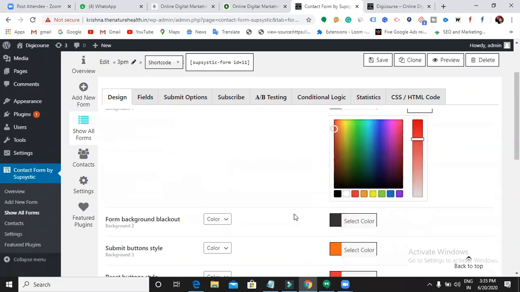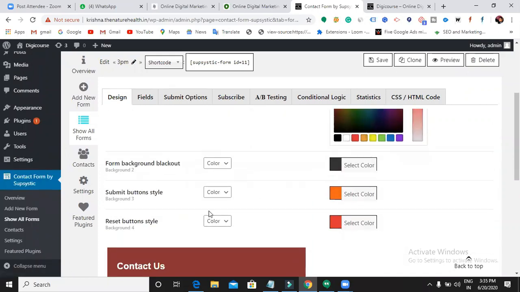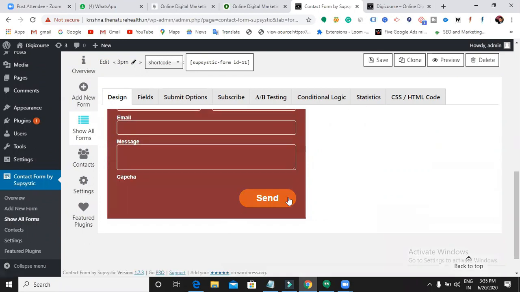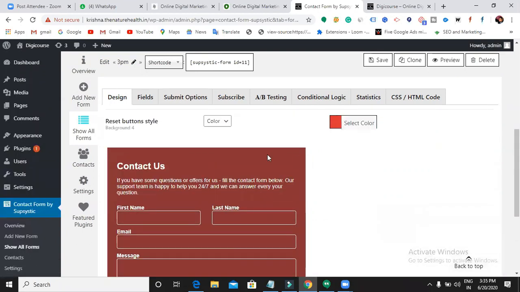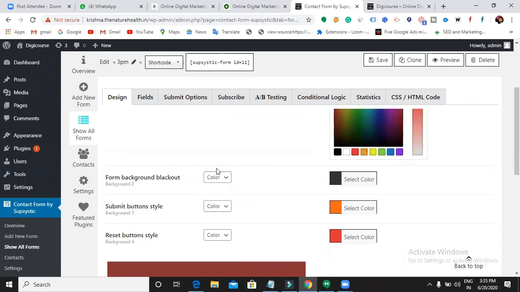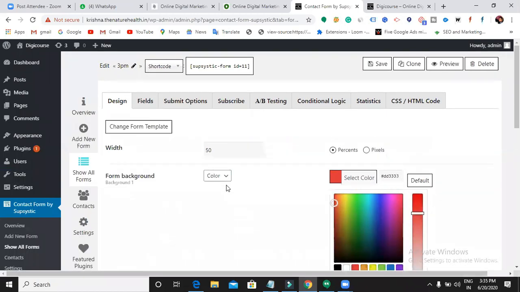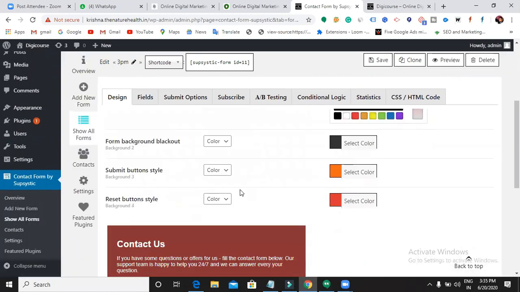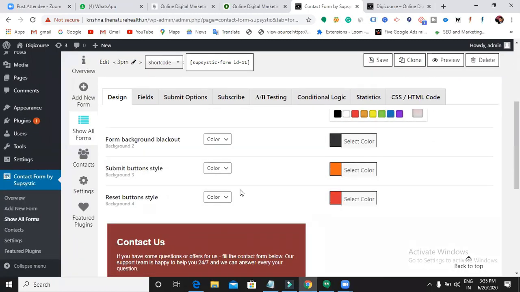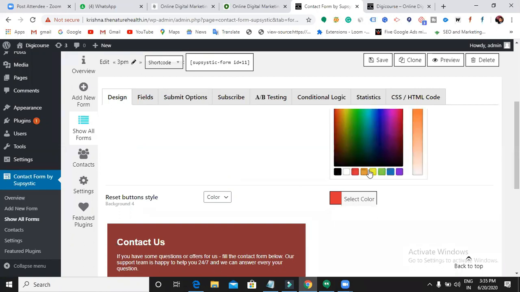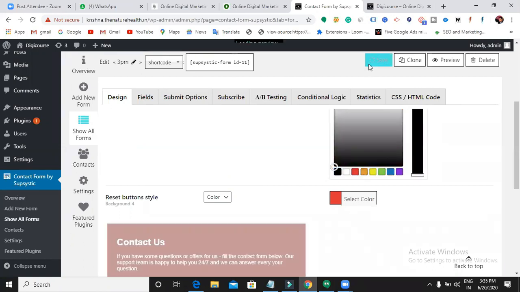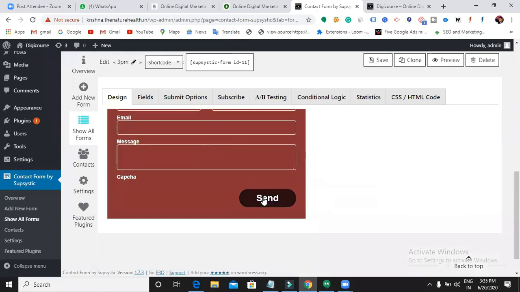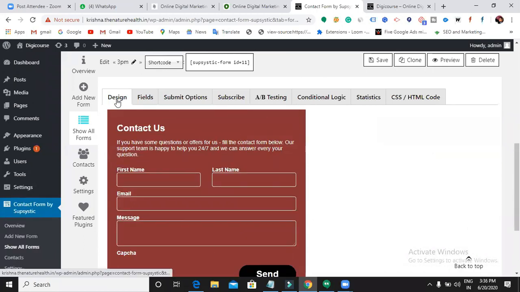So you can design it simply the form background color and then submit button styles, reset button style. So what is this send button style? You can just go and then easily design each and everything. So again, it depends on the plugin also. Now for this plugin, these are the few options available. So if you go and install any other plugin, so for that the options might be different. Got it now? Okay. So now here submit button style is orange color. Let me go with the black and save it. Can you see now? Right? It's black color. In such a way, you can just design it. This is what designing part.